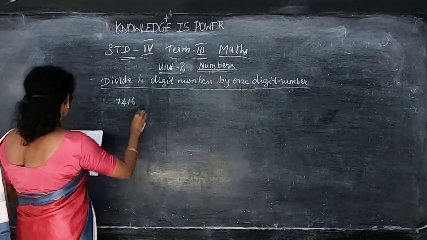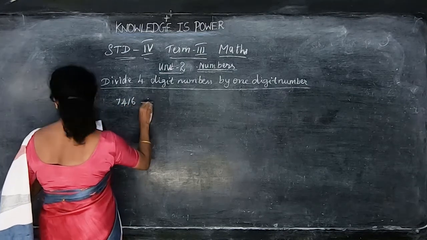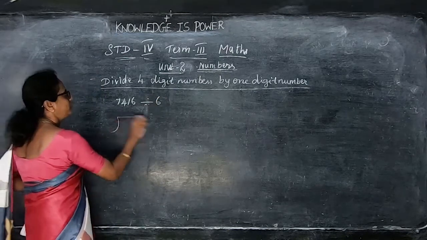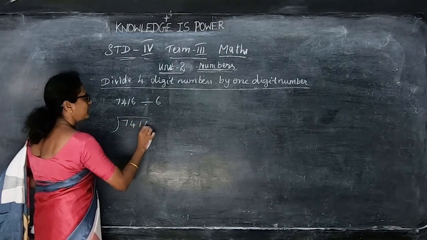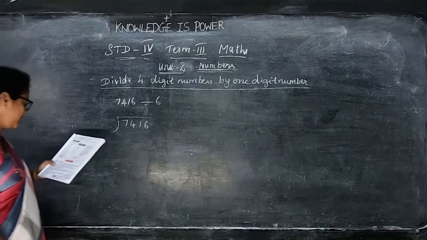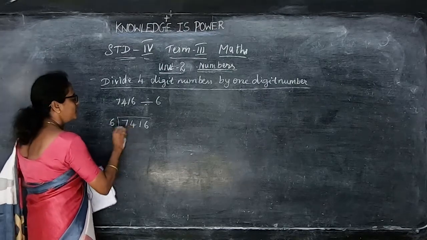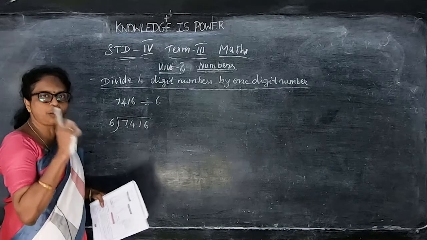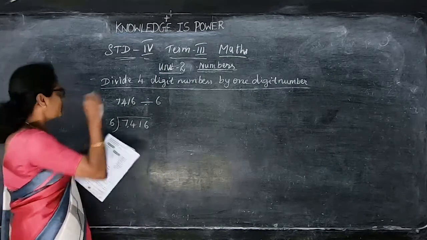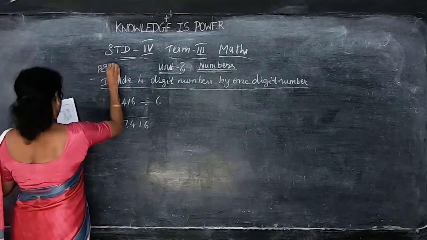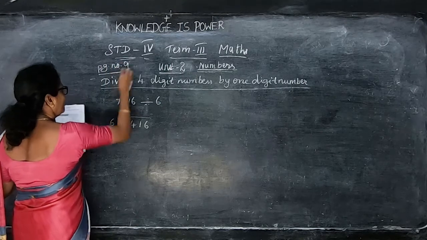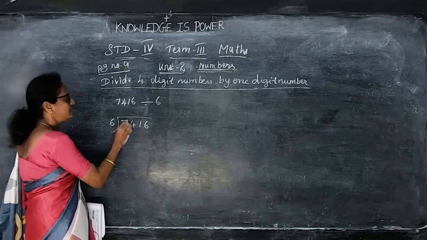7,416 divided by 6. So here they are given the 4-digit number 7,416. So we have to divide this by the 6 tables. Now I said in division, one number you can take. So one number, if you take 6 for 7,